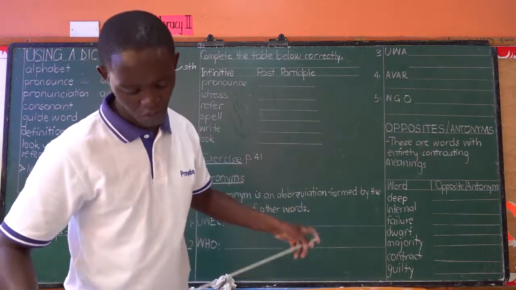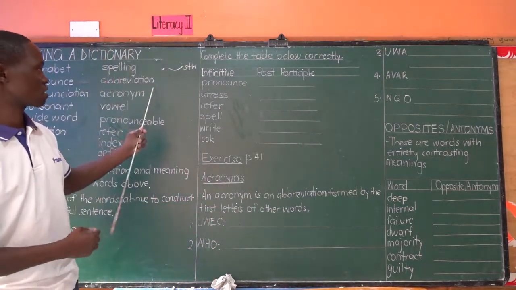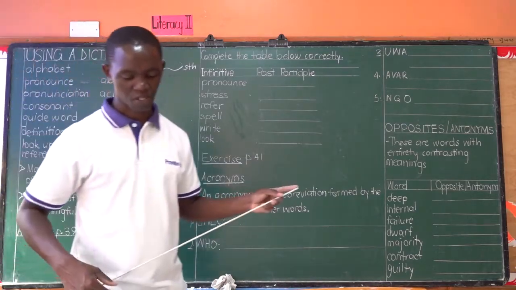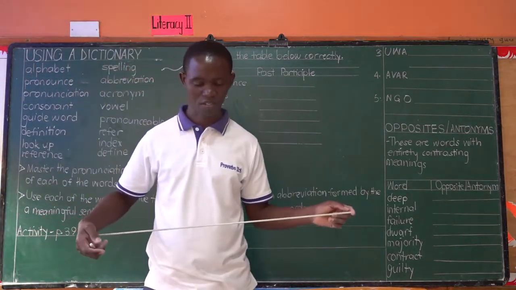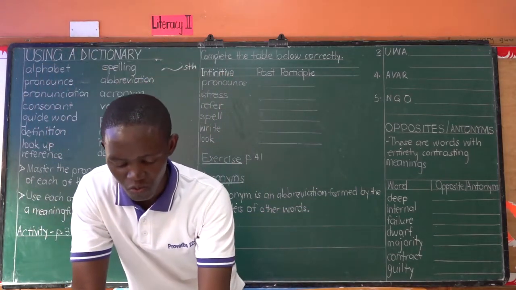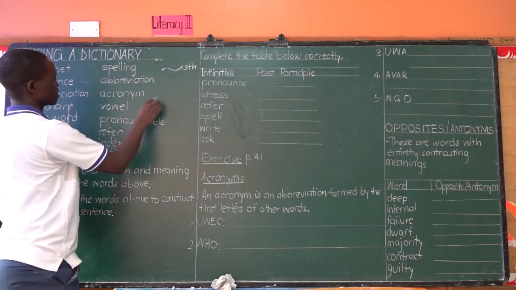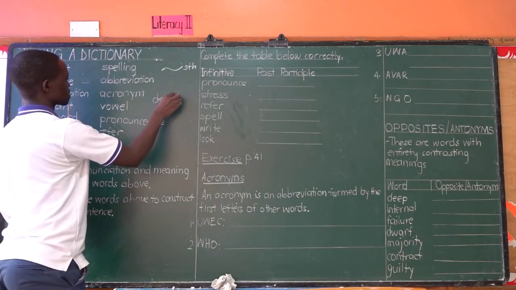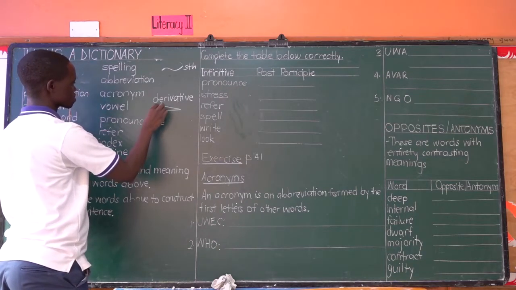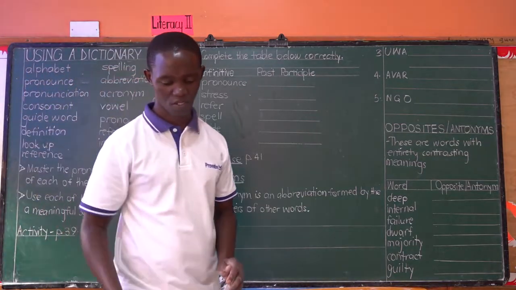Next is the square, which I've just talked about, which shows the new part of speech. Like I put a square here and I told you it can be used to introduce an adjective. An adjective is a part of speech. Then there is a triangle, which shows a word produced or got from another word, and that should be a derivative. Derivatives are words that are formed from other words. The spelling is this, derivative. And they are indicated using this triangle, normally blue in your Oxford Advanced Learner's Dictionary.